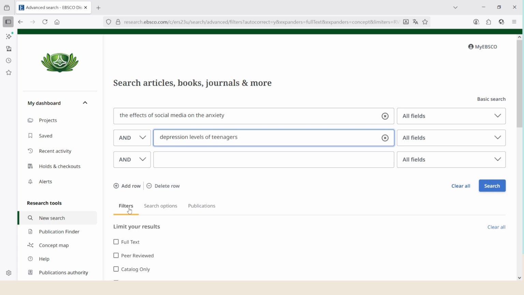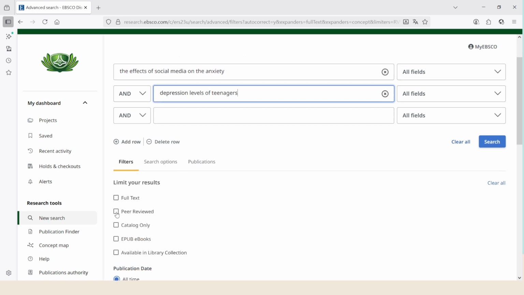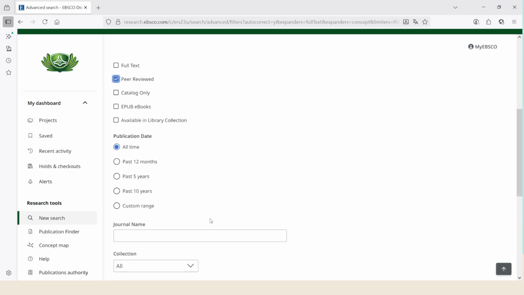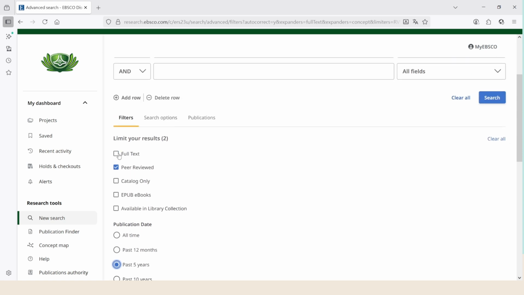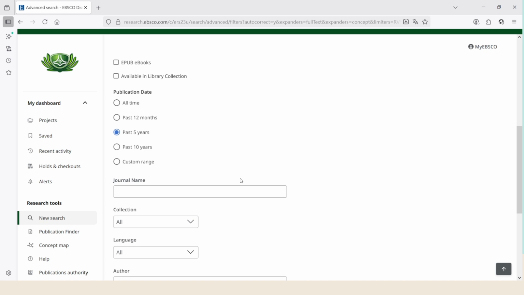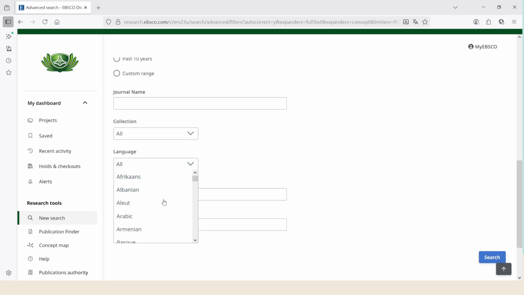I'm going to apply peer-reviewed and limit my search to items published in the last 5 years. I'm going to apply the full text and limit my search to items published in English.